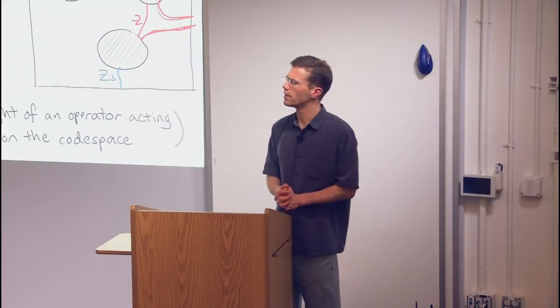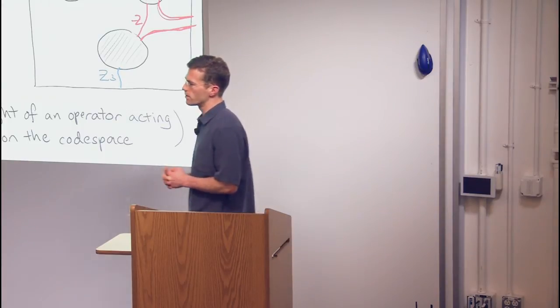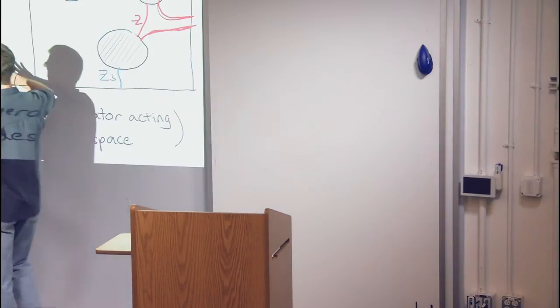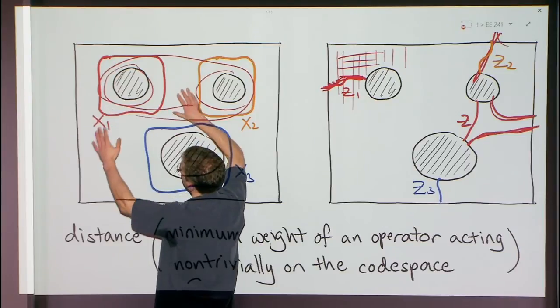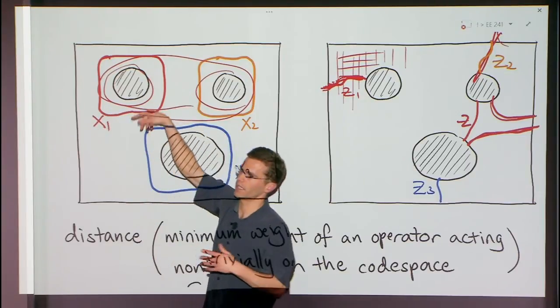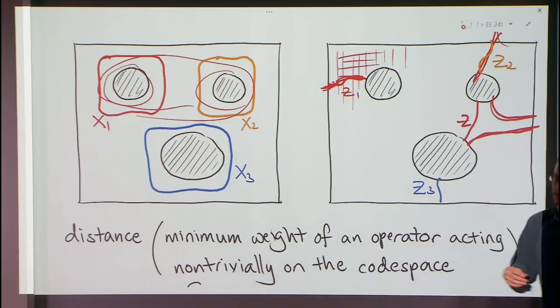I think so. Yeah, actually that's true. For example, if you take all the vertices in this bulk region, except those in the interior of the region you're talking about, up to this red boundary, and multiply them all together, you end up with Z's going around, because everything else cancels. That's a stabilizer. Thanks.